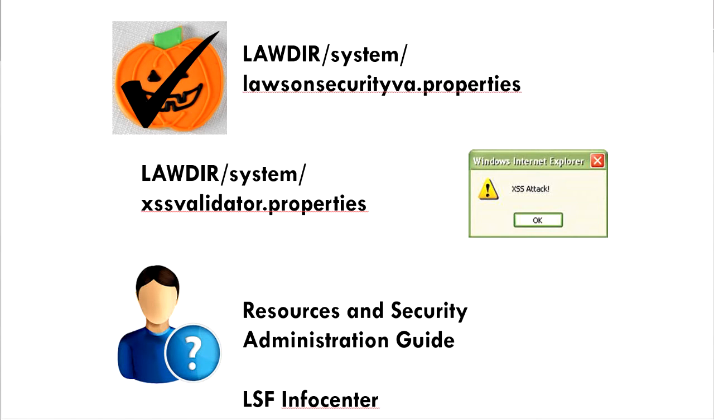But the Lawson Security VA.properties file is going to be dealing with cookies, so how you handle cookies within your endpoint. And then the XSS validator properties file is to help eliminate cross-site scripting attacks. So these are